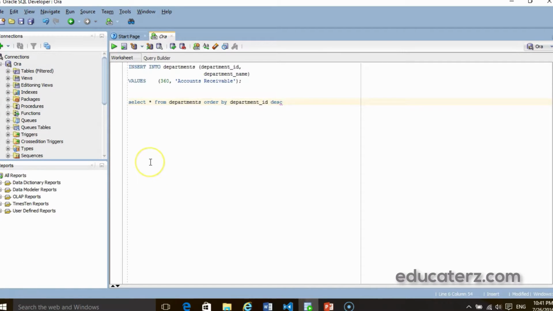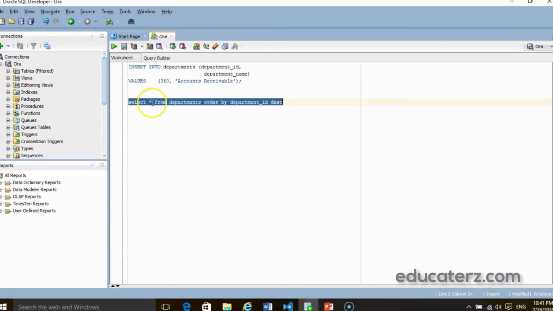Now I would like to see the values that are inserted into the departments table. Using a select statement, I can list the values for the columns. So I use select star from departments order by department ID in descending order, so the latest value, the maximum value, will be listed first.